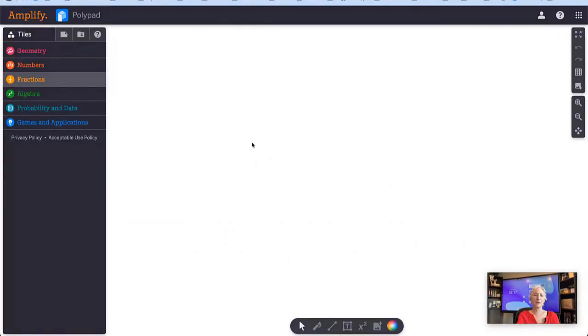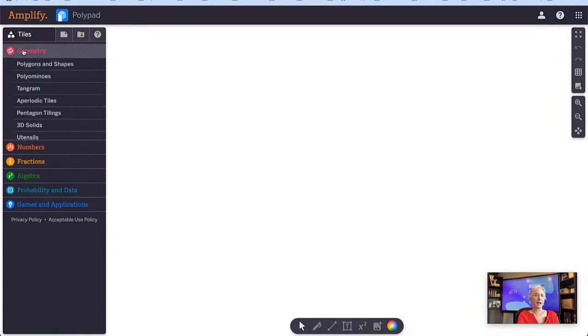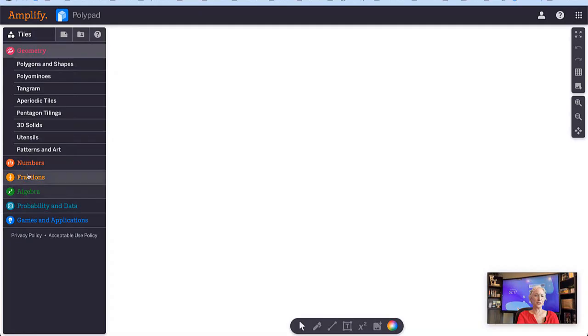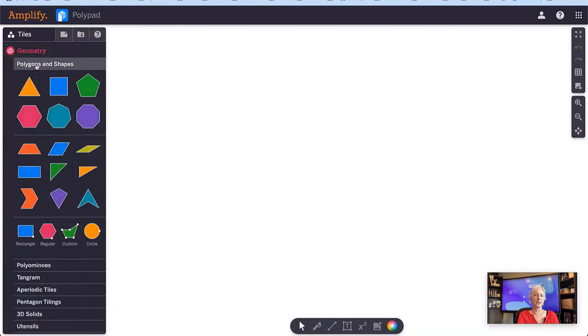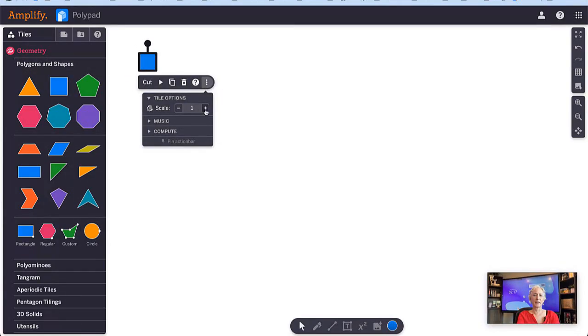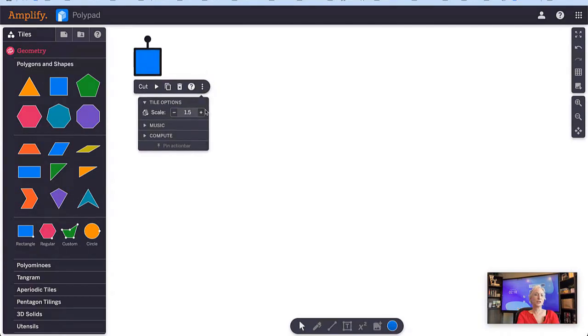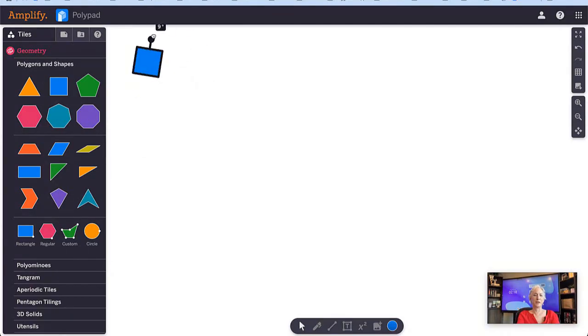So as you can see, it's set up very similarly to the other two websites that we've taken a look at today, where it's got all of the options over on the left and a few extra options we're going to take a look at over here on the right. But you can see that it goes into the different mathematical concepts, and within those concepts are options. So you can bring in, for instance, polygons and shapes. We can actually scale that to make it bigger or smaller. We can even move it around a little bit if we wanted to change the angle of it